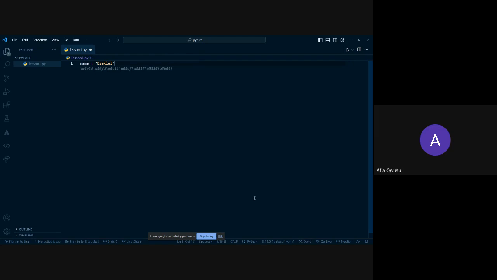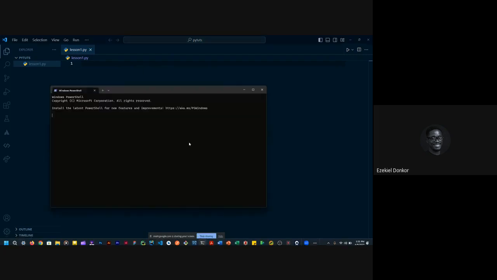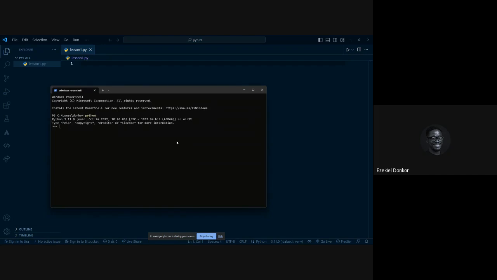Go over it, please. Okay, so let's do it again. I'm saying that because you are using a code editor, if you weren't using a code editor, let me just spin up a terminal and do this side by side. In my terminal, if I call Python, I have to type name equals, quotation, Ezekiel, quotation, before that happens.